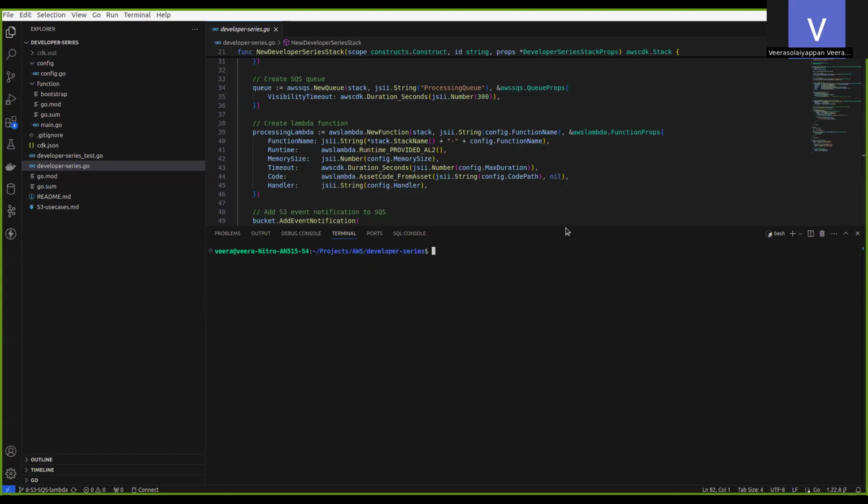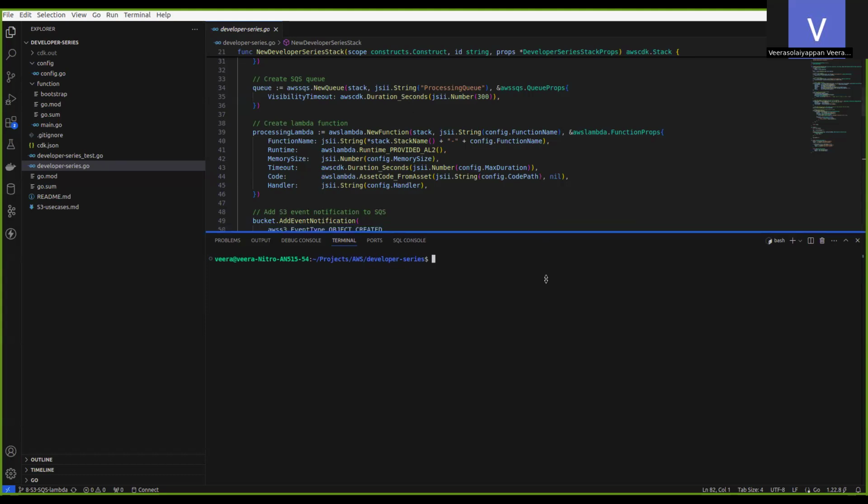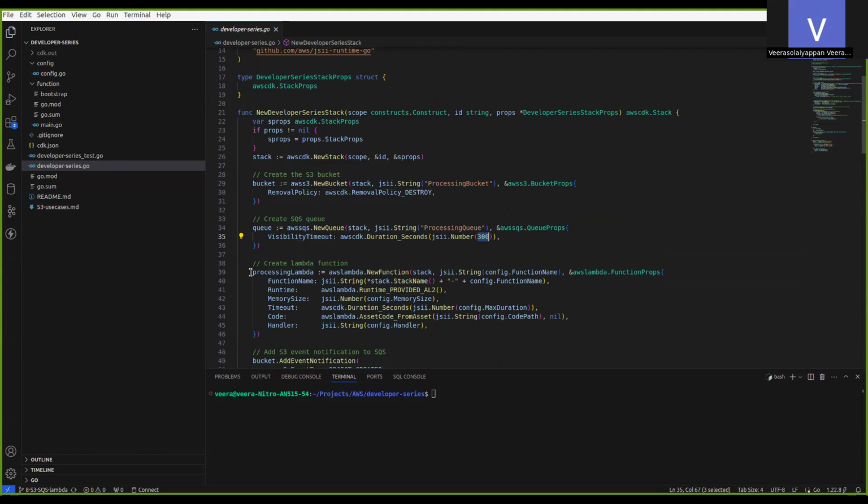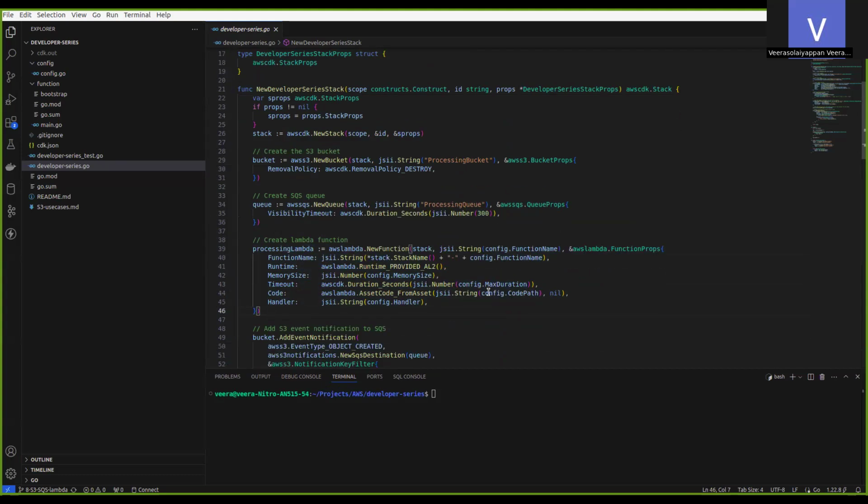So now let's talk about the AWS CDK code. Here, line number 29, we are creating the processing bucket, the S3 bucket. And line number 34, we are creating the SQS queue, and we are setting the visibility timeout to 300 seconds. Then we are creating the Lambda to process the SQS